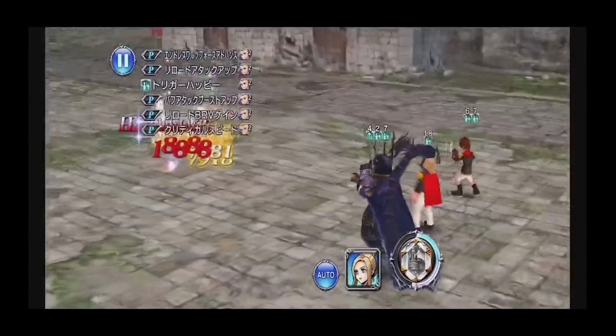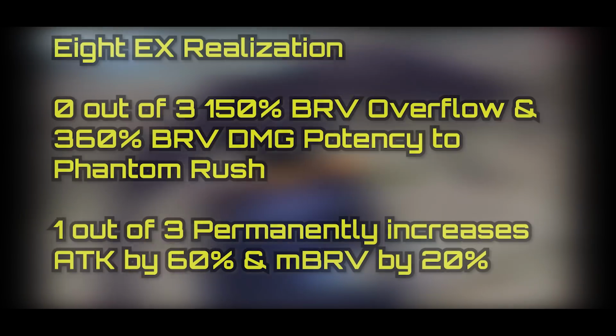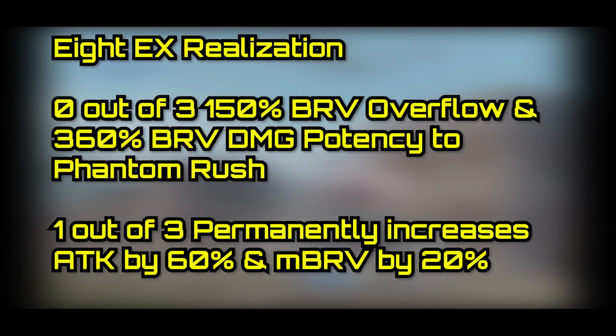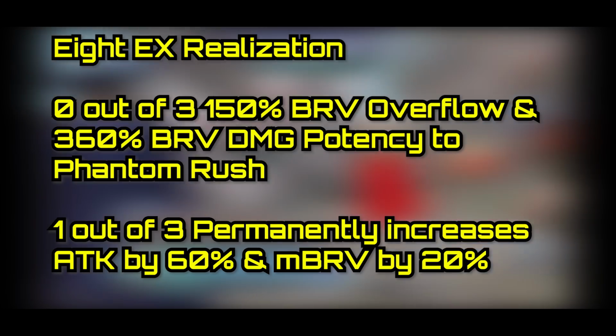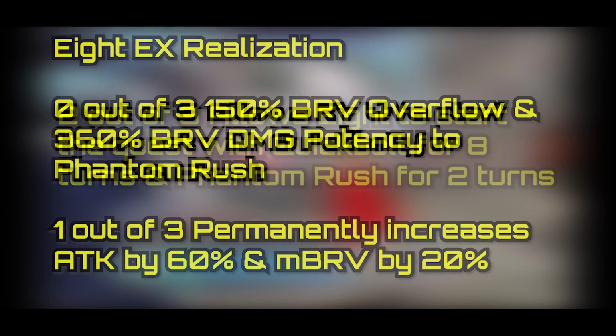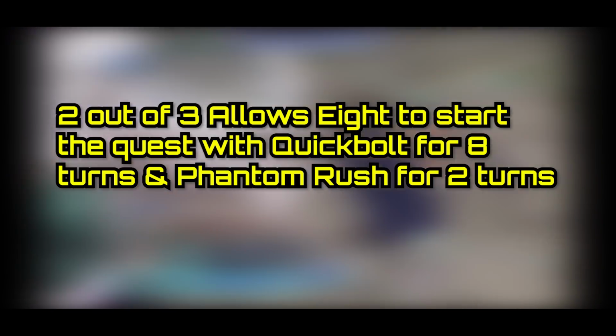Upon its realization, 8's EX weapon gets the following upgrades. 0 out of 3 increases Phantom Rush's Brave overflow to 150% and its Brave damage potency to 360%. 1 out of 3 permanently increases his own attack by 60% and max Brave by 20%. 2 out of 3 allows 8 to start the quest with Quick Bolt for 8 turns and Phantom Rush for